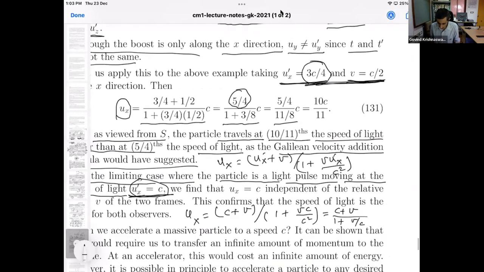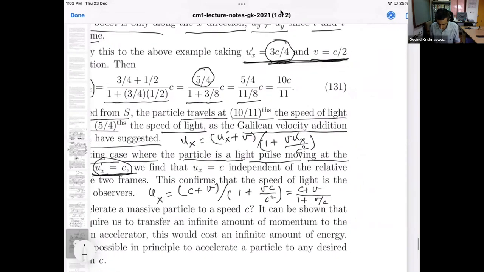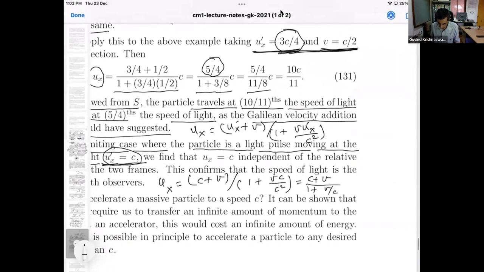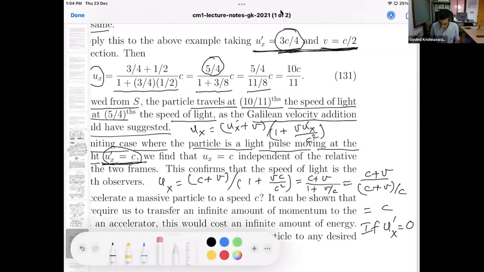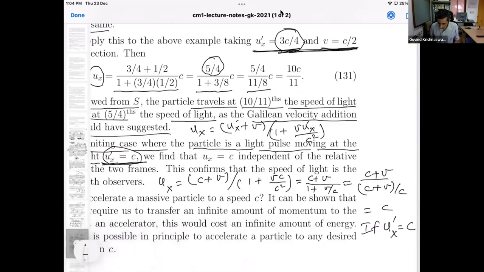Simplifying further, I will have (c plus v) divided by ((c plus v) divided by c). So this is c. So if ux prime is c, then ux is also c